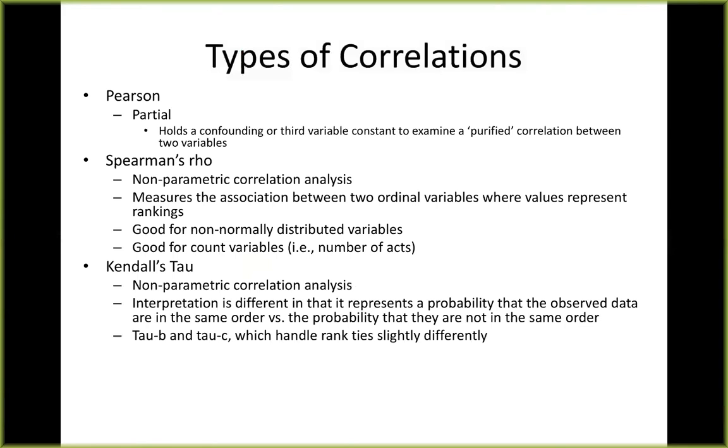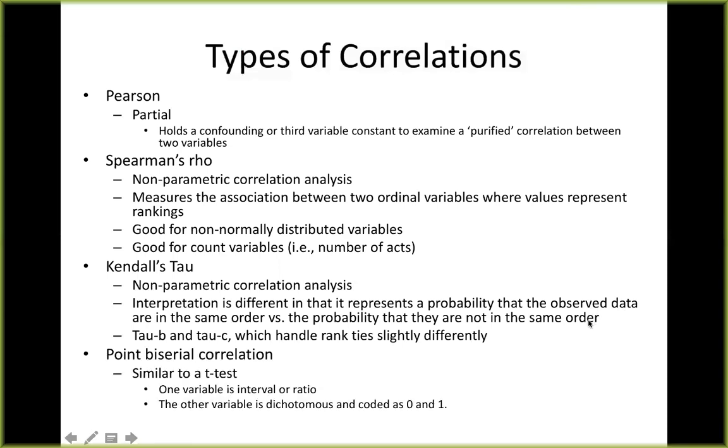And there are variations of the Kendall's tau that handle rank ties slightly differently, and that's when you have two different ranked variables and a whole bunch of people who have the exact same ranking on both of those, it mathematically handles those a little bit differently. So you don't really need to worry a ton about it from your end